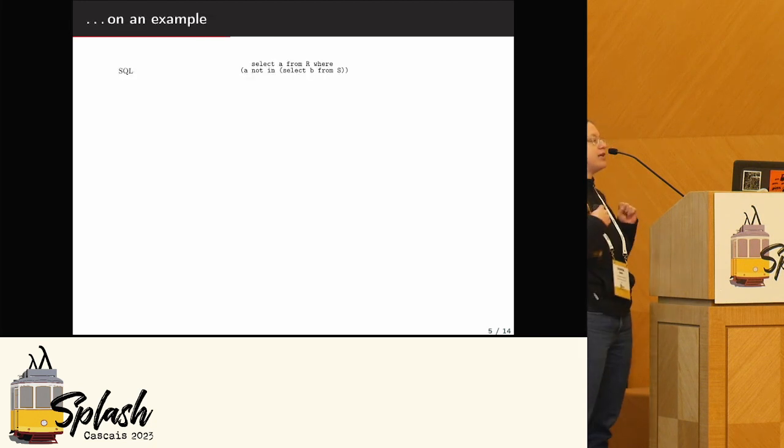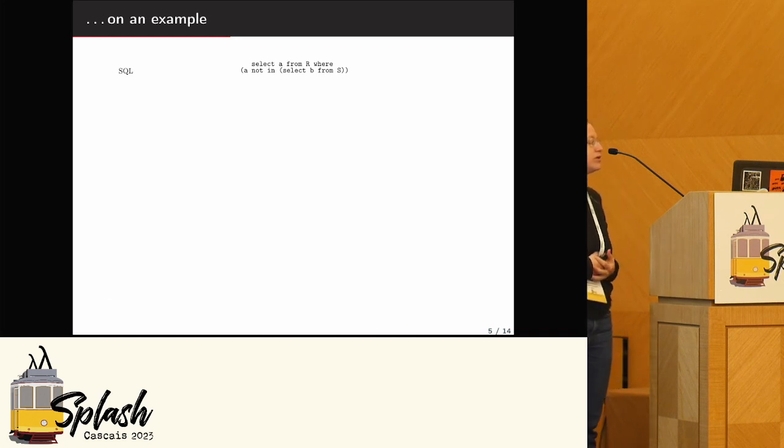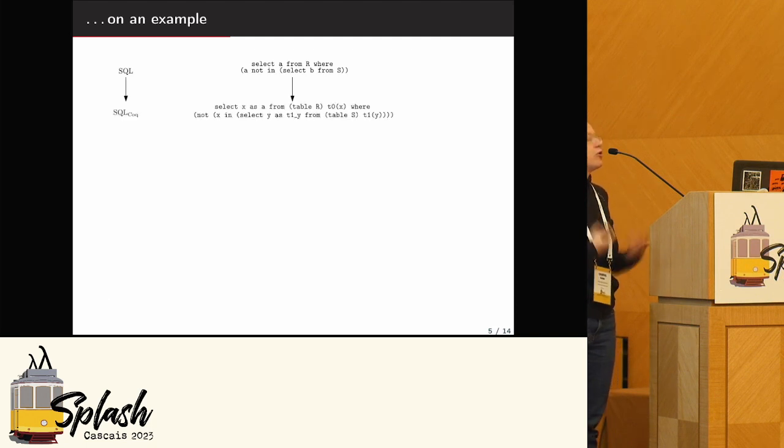So I take the same query that I've shown before. It's written in SQL. The first step of the compiler is to go to a language that we call SQL Coq, which is a Coq representation of SQL queries. This step is simply decorating the query by giving explicit names to everything.